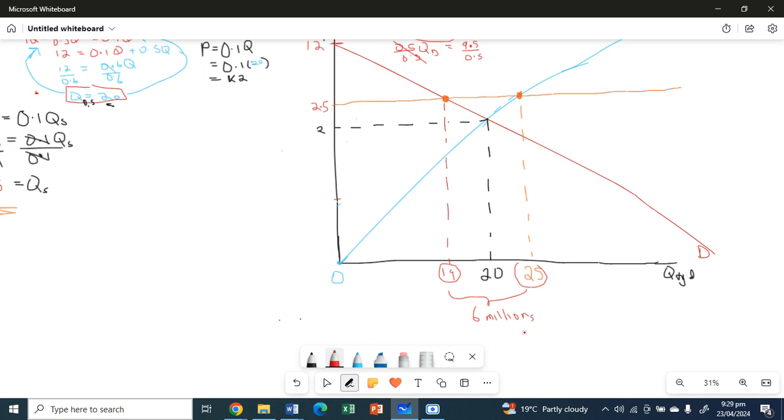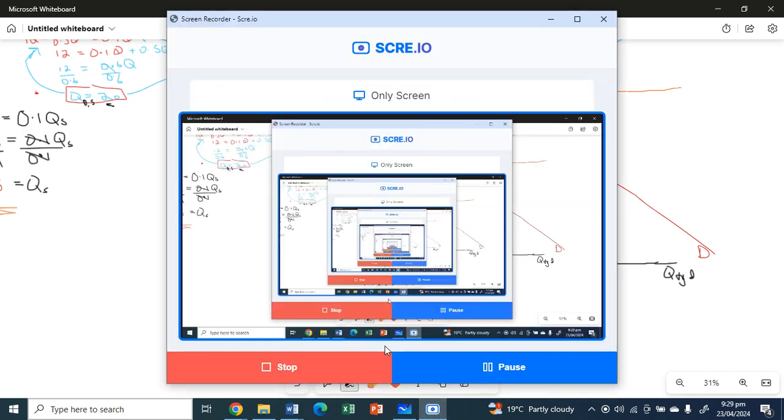So as a classical economist, you would say the government shouldn't intervene with this 2.5 price floor. They should just leave it at 2 kwacha. So for today we can